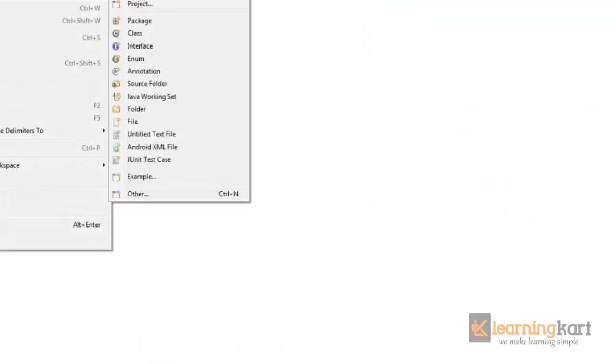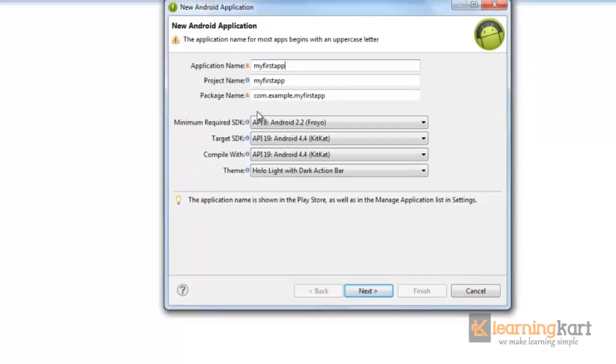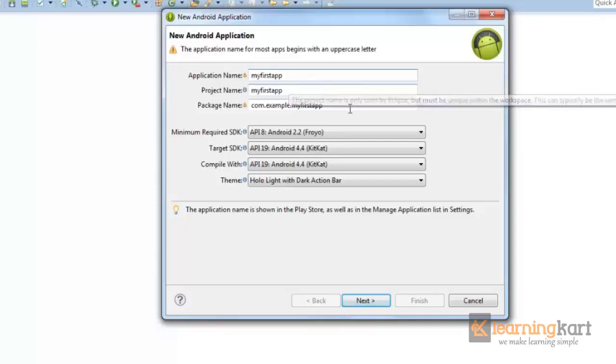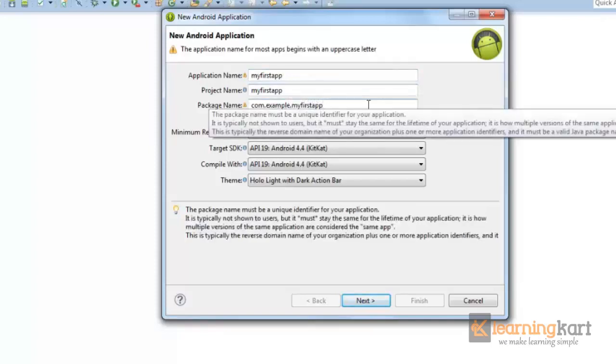Now to get back to our Eclipse, we'll say File, New, a new Android application. I'll just put in my first app. This assigns a package name to the application, which is com.example.myfirstapp.